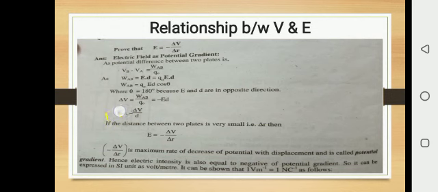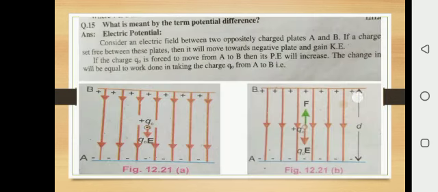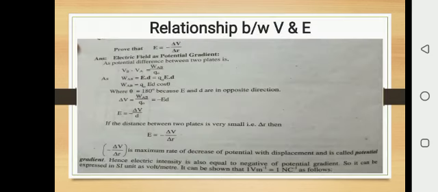What is this D? This D is the distance between these two oppositely charged plates. Now this is the potential gradient. Always remember, this is an important short question: what is potential gradient? If this question comes in a paper or test, here, when the distance between two plates is very small, delta R, then D is replaced by delta R. Clear? The formula changes now: E is equal to minus delta V over, in place of D, delta R.